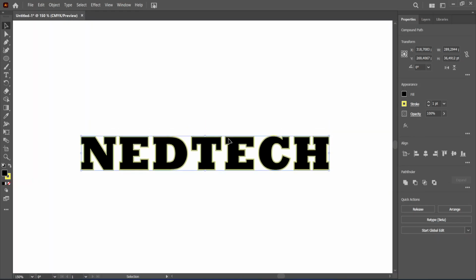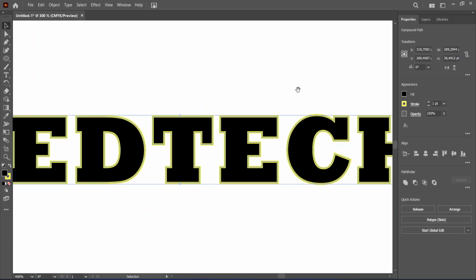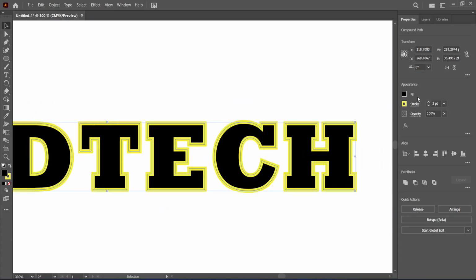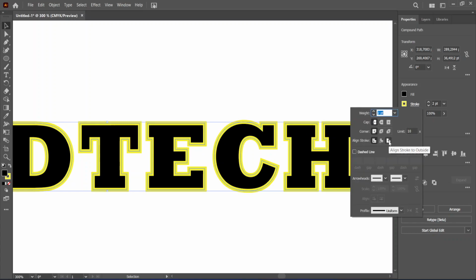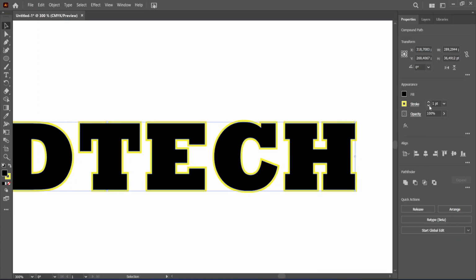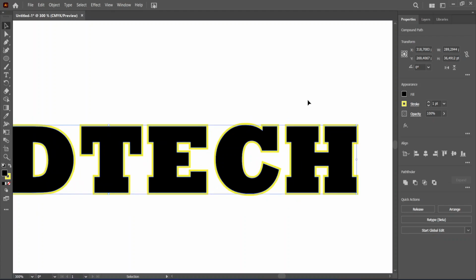Just gonna zoom in so you can see it better. And I want to make this also thicker. And now if we click on stroke, you want to make sure the align stroke is set to outline, like this. Okay, so we have our first stroke,